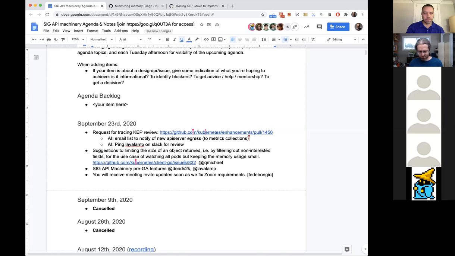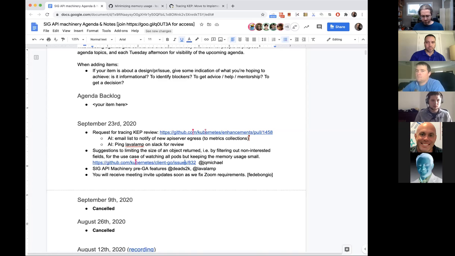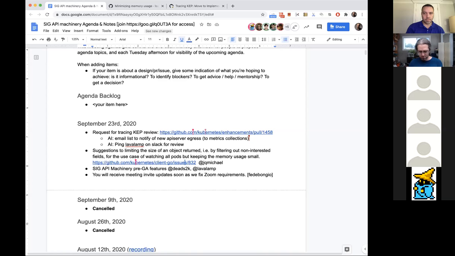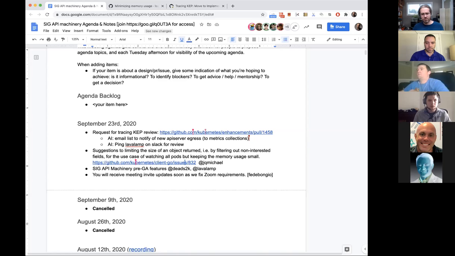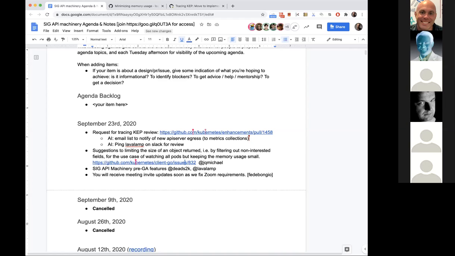I would also say that metadata, or potentially even further restricting to namespace and name, is probably a bigger bang for the buck, because at least namespace and name would eliminate any potential confidential content while still letting people see what's there. We've wanted that in the past, and then eventually decided we can just afford the memory to put it all in. Yeah, I think it'd be pretty cool if there was a list that was extremely lightweight, just namespace and name of every object. That'd be pretty awesome.